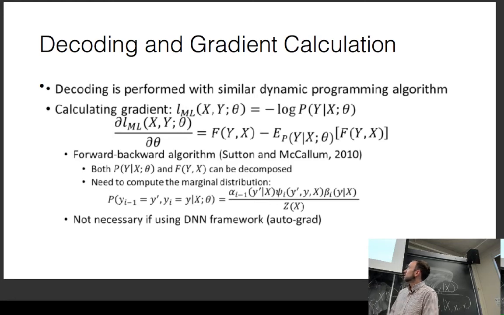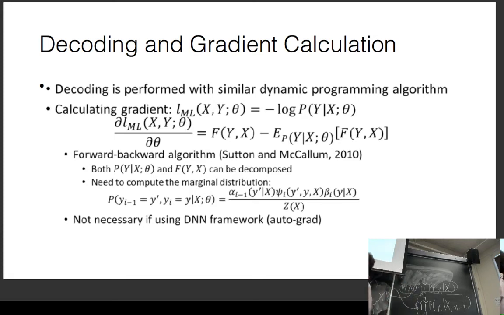So I said at the very beginning of this section that it used to be more intimidating to do CRFs than it is now. And the reason why is because before, you had to do the forward pass, then you had to do an identical backward pass, then you had to calculate the marginal probability of each transition between the tags. You had to sum all of them up, and you had to calculate your gradient manually.